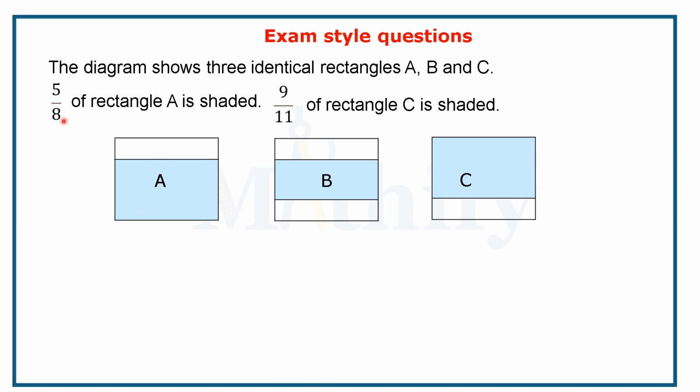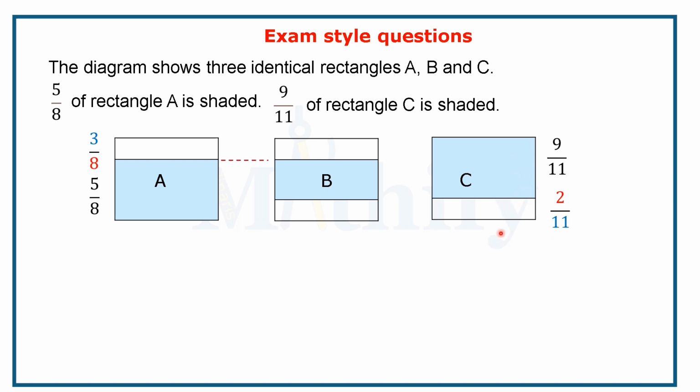We are given that 5 out of 8 of rectangle A is shaded. Therefore, the unshaded region will be 3 out of 8. Why? Because the fractions add up to 1, so we do 1 minus 5 out of 8 equals 3 out of 8. Rectangle C, 9 out of 11 are shaded. Therefore, 2 out of 11 are unshaded regions, because we subtract 9 out of 11 from 1